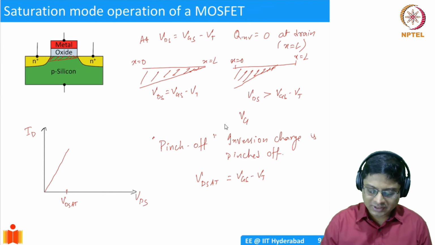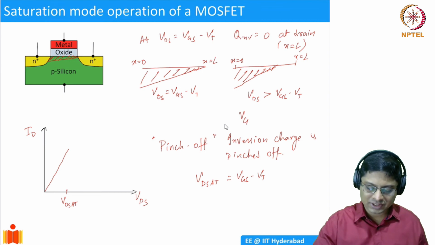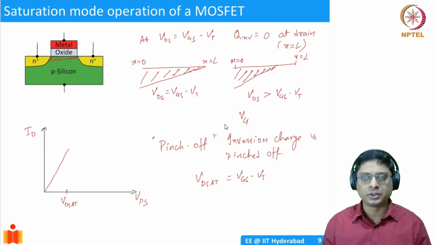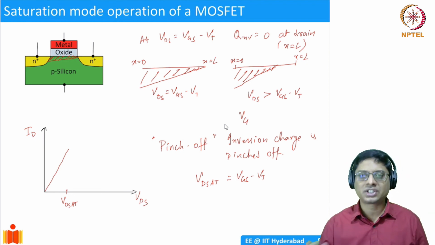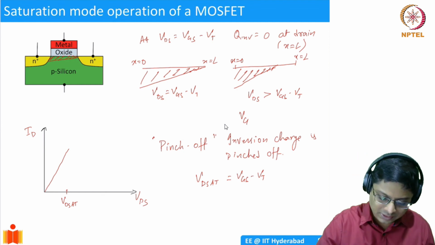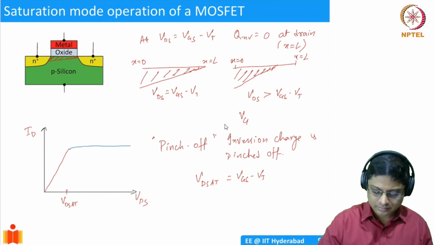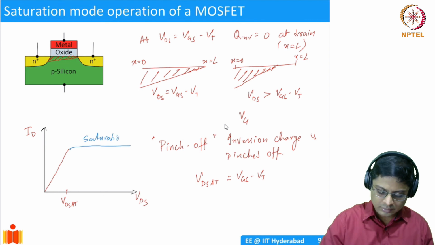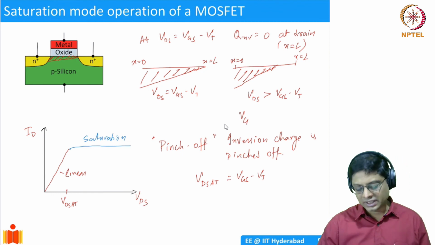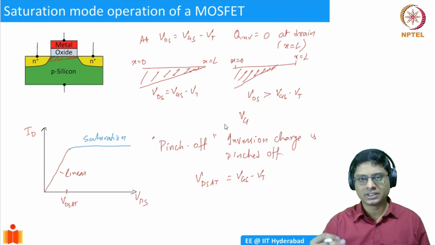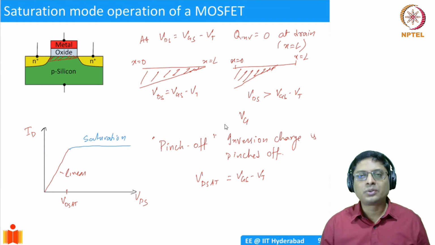Okay. So after that, the current cannot increase because effectively, even though I'm showing you as if the charge is spatially non-uniform, it's effectively just that the density of charge is less. So after that, there's no further charge being added by the gate. Because of that, the MOSFET enters into what we call the saturation regime. This is linear. So initially the current will be linearly varying with the drain voltage. But once we cross VD SAT, there is no further addition of inversion charge.